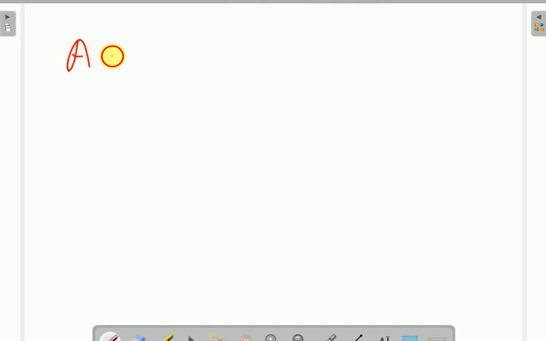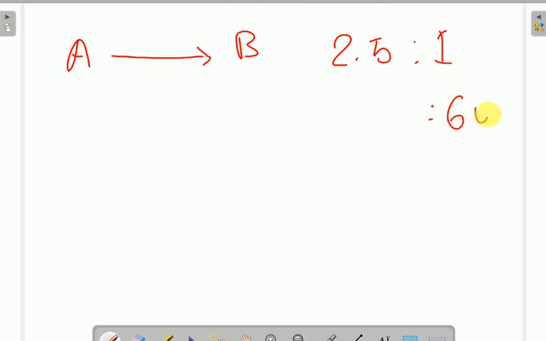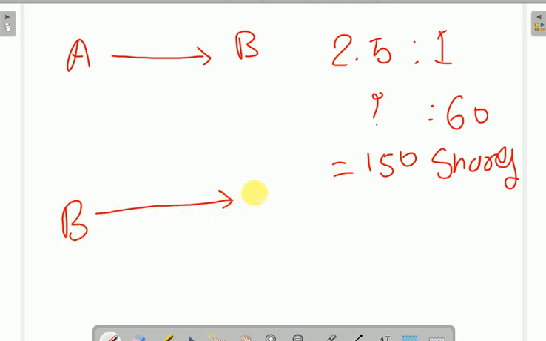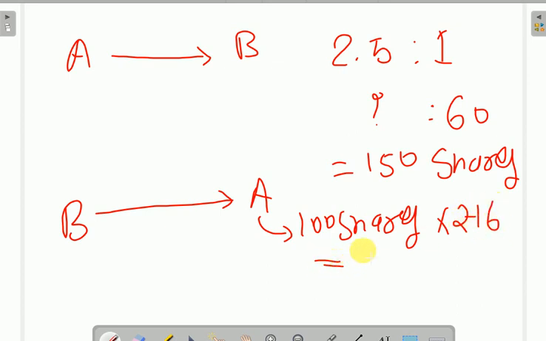ए ने बी को शेयर्स इश्यू किए 2.5 शेयर्स फॉर एवरी 1 शेयर। तो ए ने बी को बी के जो शेयर्स थे 60 शेयर्स के बदले में कितने शेयर्स, तो 150 शेयर्स दिए, बराबर। तो ये तो हो गया लीगल एक्वायरर की बात। लेकिन अकाउंटिंग एक्वायर अगर चाहता है तो बी ए को एक्वायर करना चाहता है तो कितने प्राइस चुकाएगा, 1600 चुकाए, क्योंकि बी है सॉरी ए है, ए के 100 शेयर्स है और उसके 100 शेयर्स की हर एक शेयर्स की प्राइस 16 रुपीज़ है, ठीक है।